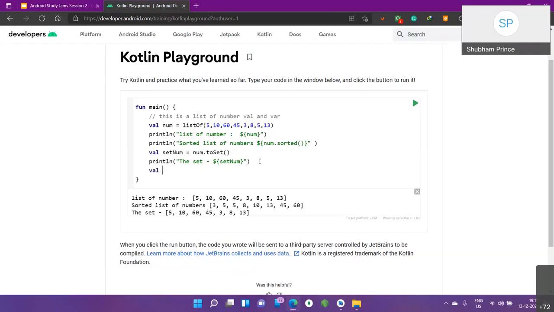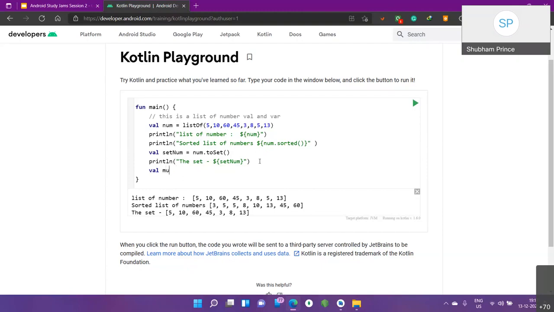Val, again, one keyword. Make sure when you're working with val and var, these are two different ways to create a variable, and it might sometimes be confusing when to use val and when to use var. Simple logic says, use val when you don't have to reinitialize the variable, and use var when you are going to reinitialize the variable. Most probably we use val when we're creating a variable which will be a part of a function, the parameters basically. Let's go. So set 1 or whatever.